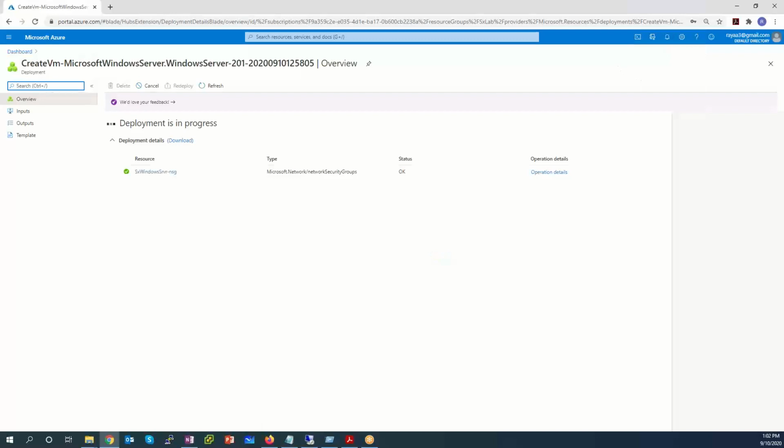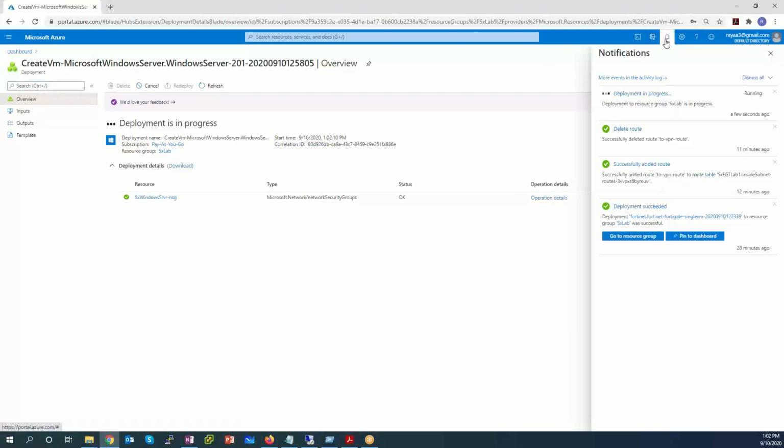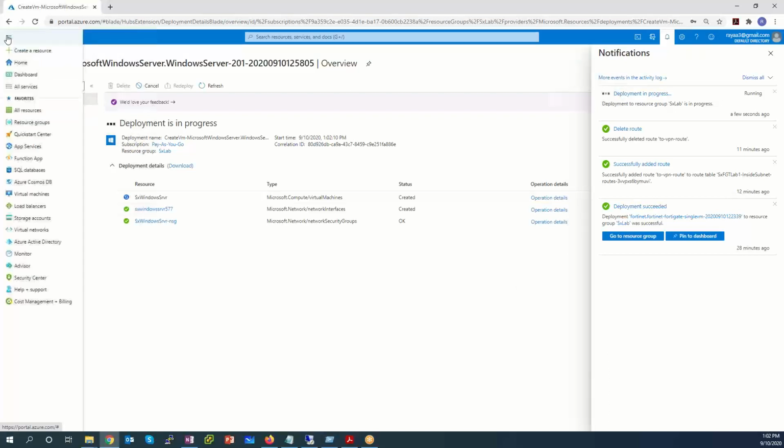Not quite as long as, say, the FortiGate ARM template took. Remember, the FortiGate ARM template had several things that it needed to deploy. It needed to deploy a VNet, NICs, subnets, lots of route tables, lots of different things to deploy. This will be much simpler, so it won't take quite as long, but it's not instantaneous either. While we're working on it, though, while it's doing that deployment, we don't have to sit idly. We can go and maybe bring up the